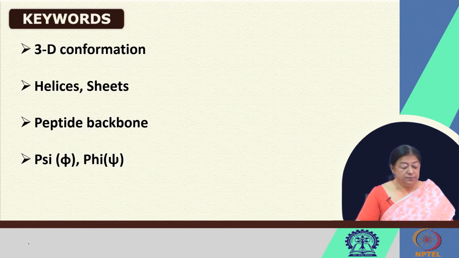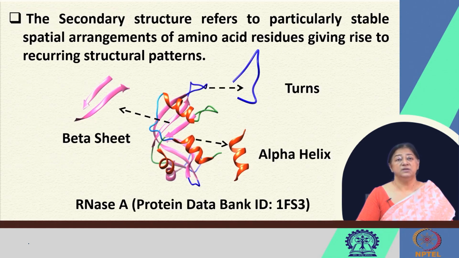The 3D conformation will come later when we consider the three-dimensional structure of proteins and how they are formed in protein folding. And we will look, as I mentioned, at helices, sheets, the peptide backbone, and the important torsion angles,